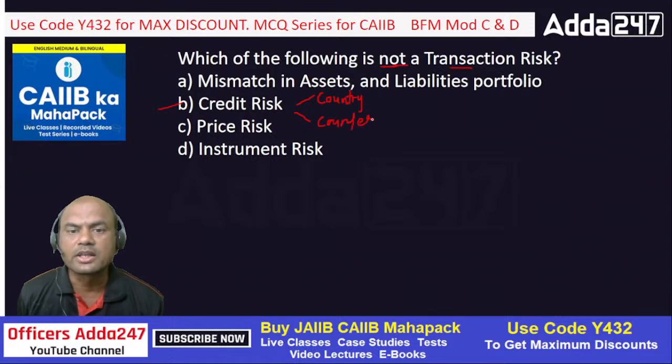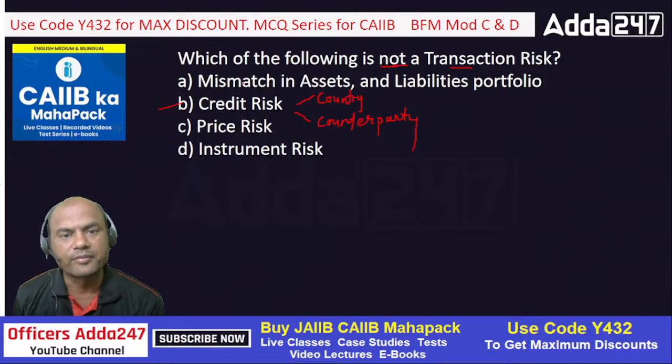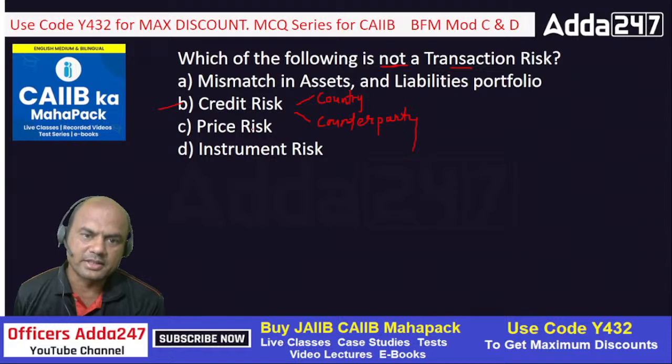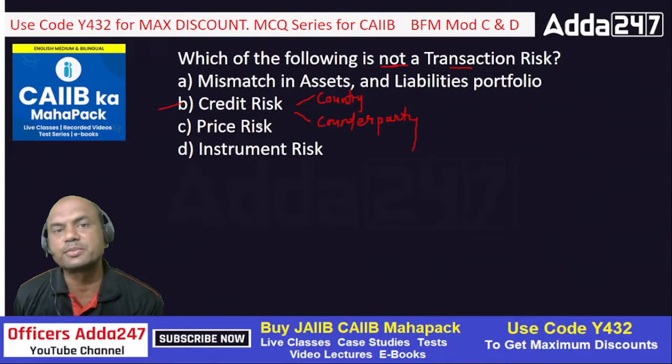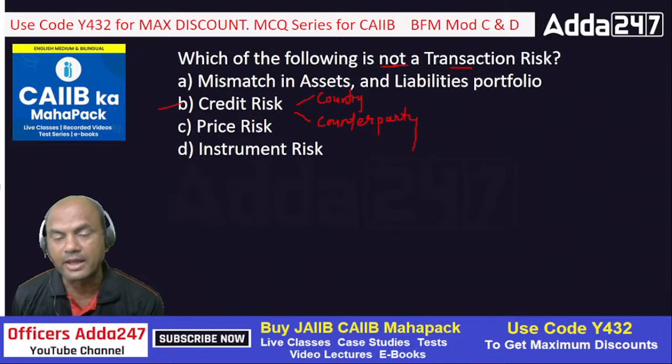Okay. So credit risk is totally a different part. Counterparty risk. Got it? So credit risk is totally a different part. Okay, now let me come to price risk. Price risk means the bonds which I buy at, let's say, X price. If the price of those bonds falls down, then when I sell them, I'll get a lower price. So that is basically price risk. So this is inverse of the yield curve risk. Remember, price risk is always inverse of the yield curve risk.